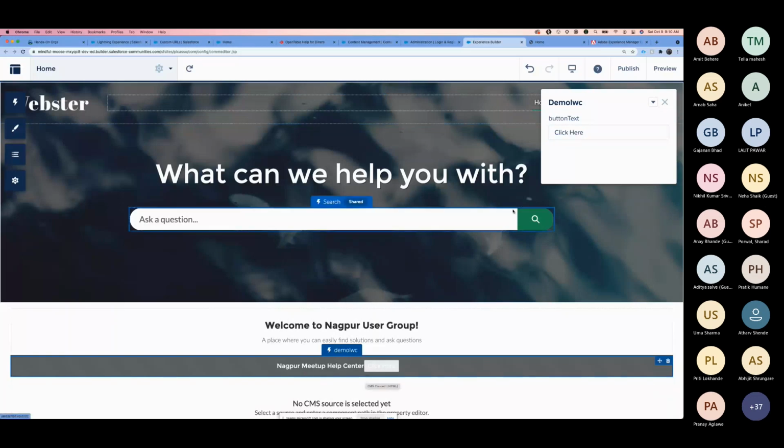So this is where you are creating a kind of standard, more configurable component, so that every time there is a change, you don't need to go into the code and do it. That's why these are the design attributes which you pass through the LWC web component. And then you can simply publish it.